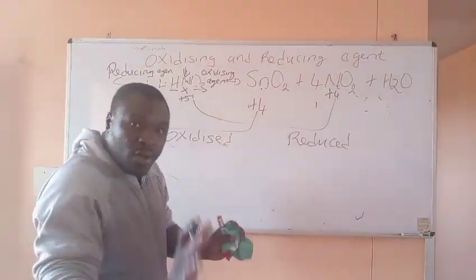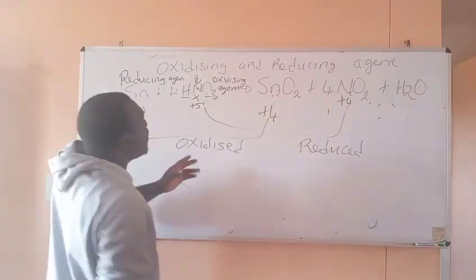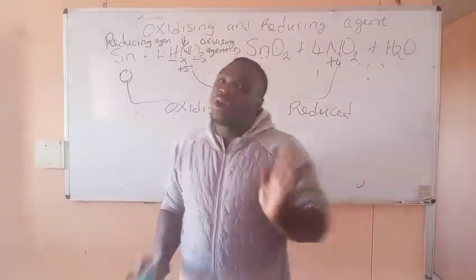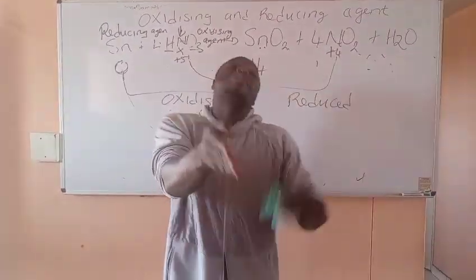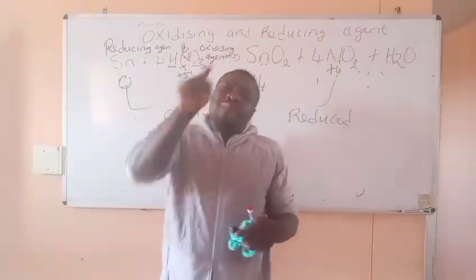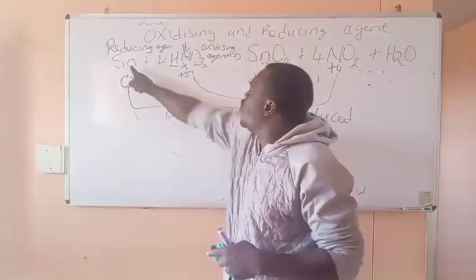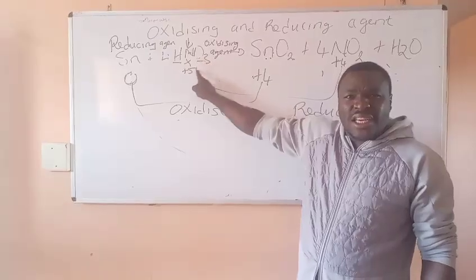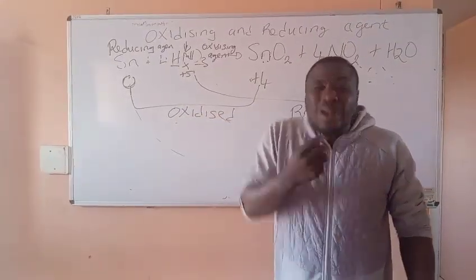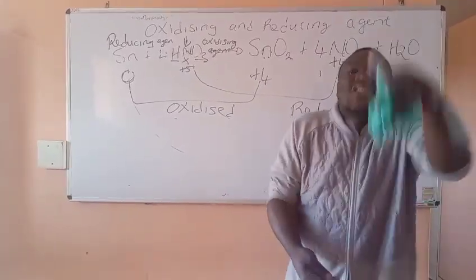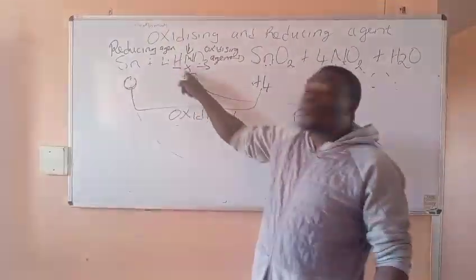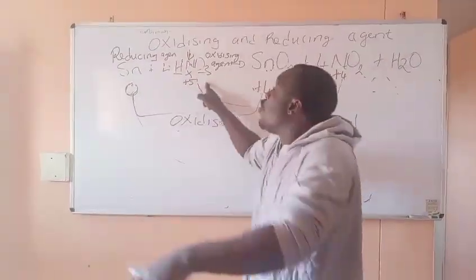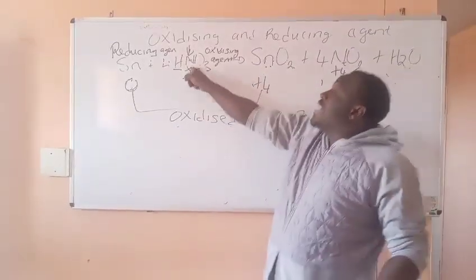One more time before we close the video, I want to revise it. Two things are happening here. If I give you and you don't accept, nothing will happen. But as I'm giving you, because you are accepting, you are doing something to me. When I'm giving you, what am I doing to you? I am reducing you, giving you electrons here. Tin reduces nitrogen in nitric acid. So tin is a reducing agent. What did tin do to nitric acid by giving it electrons? It reduces nitrogen in nitric acid. So tin is a reducing agent. Because nitric acid accepted it, what happened to tin? Tin was oxidized. So nitric acid is the